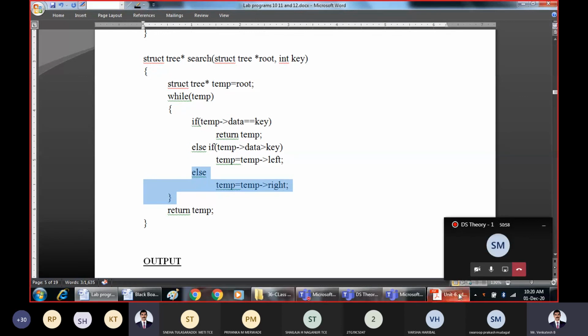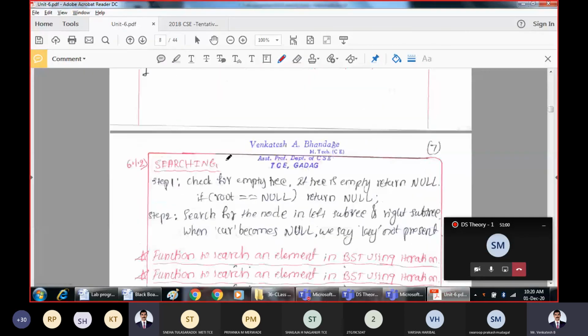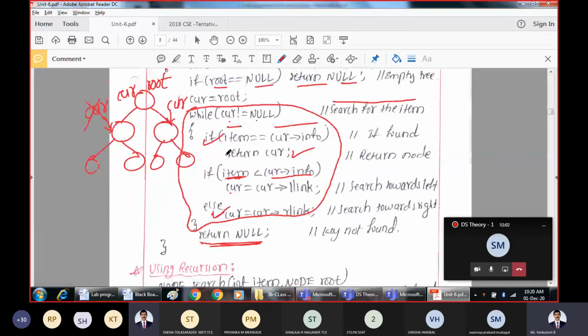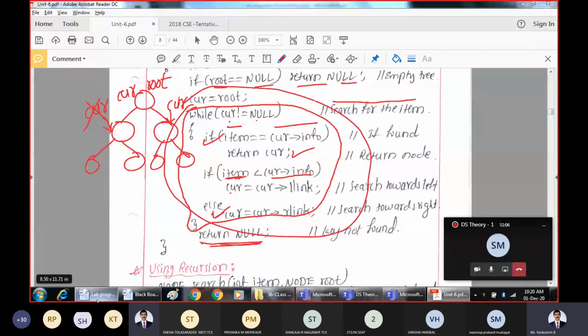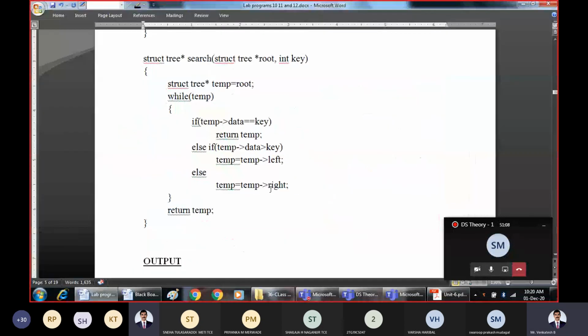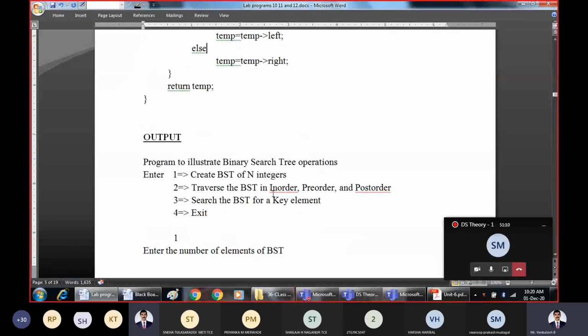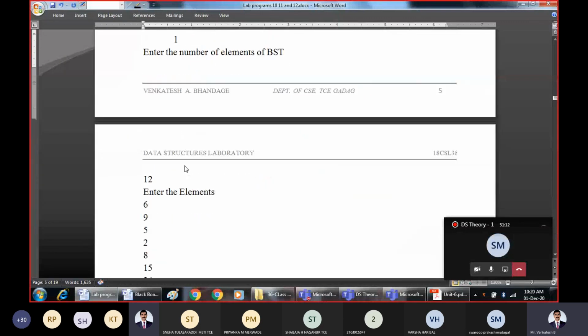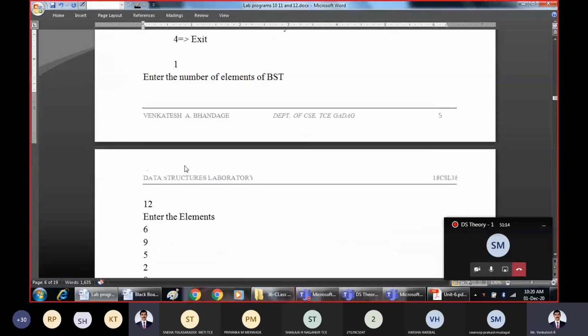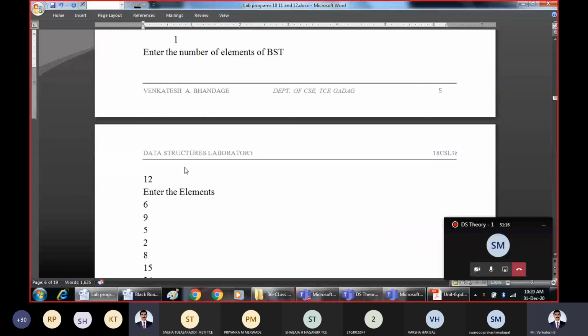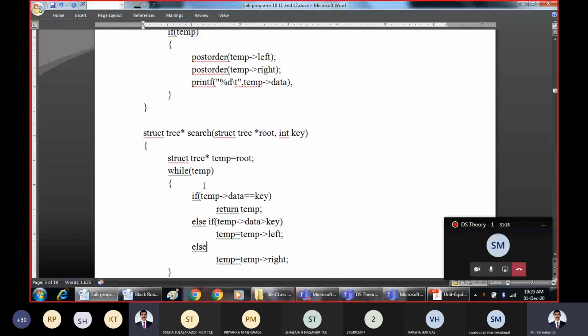Based on those criteria, we go either towards the left side or the right side. So the same function is written in a systematic way. This is your 10th lab program, for binary search tree.